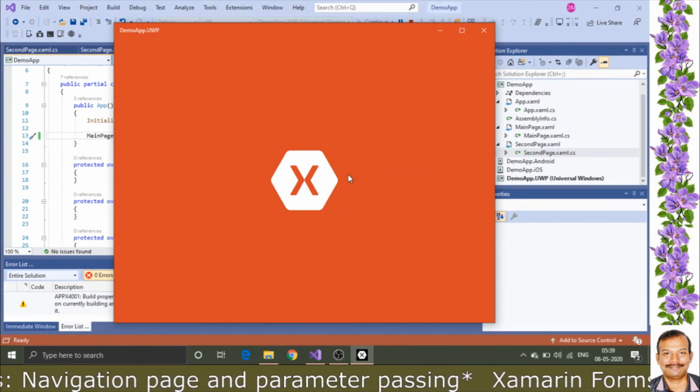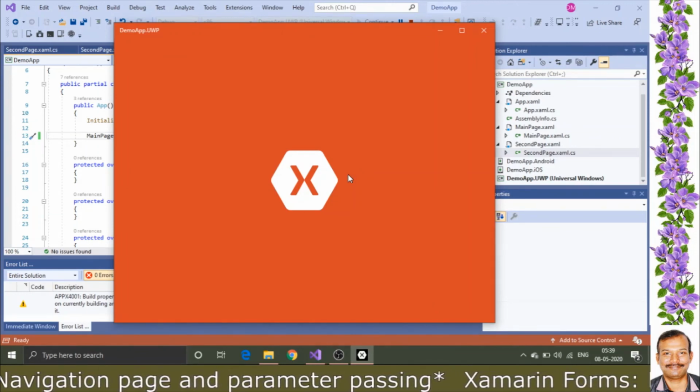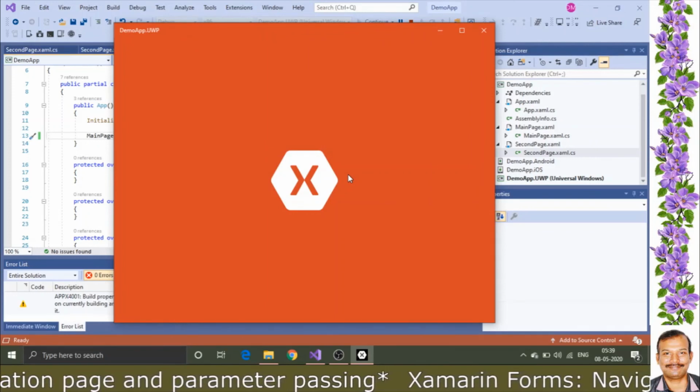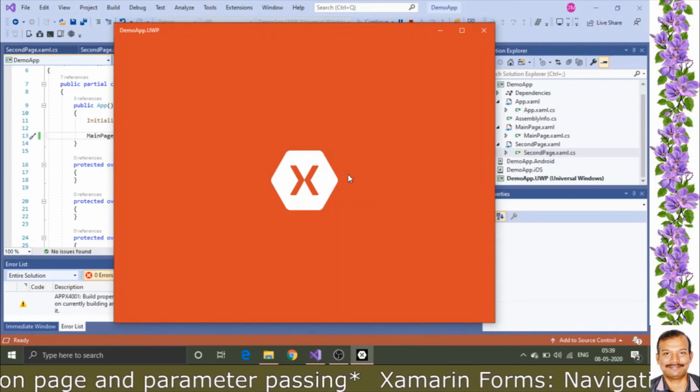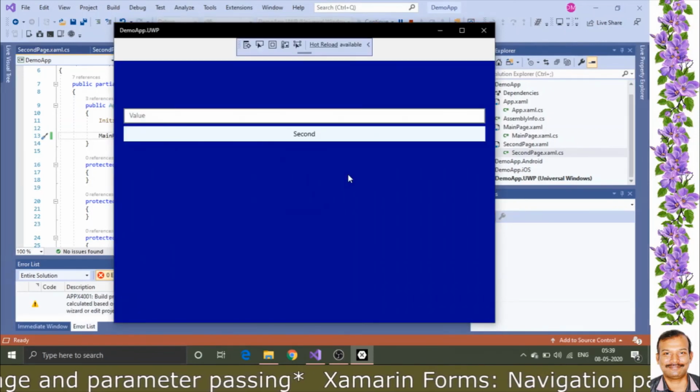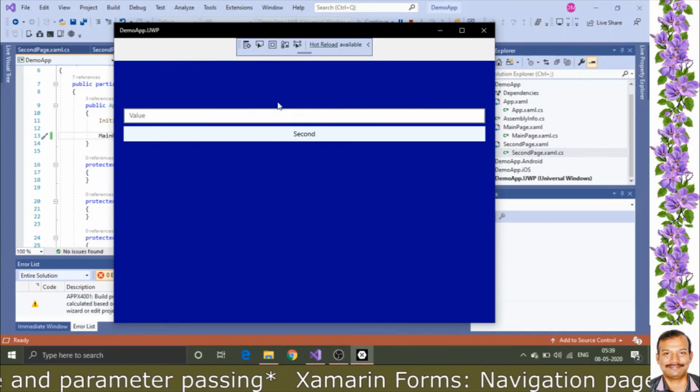The output has popped up, it needs to load the components. So now we got this particular output.